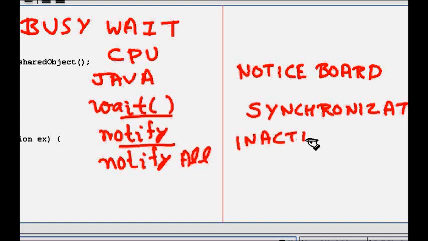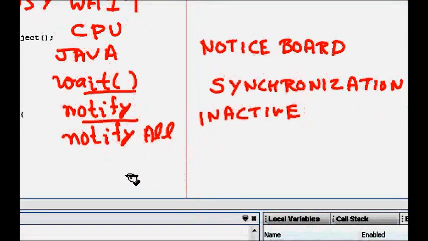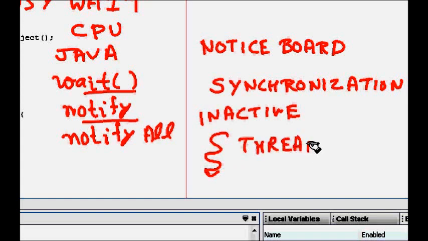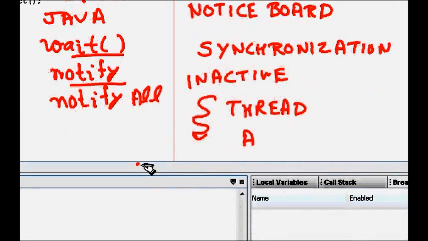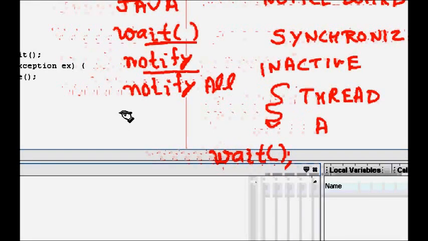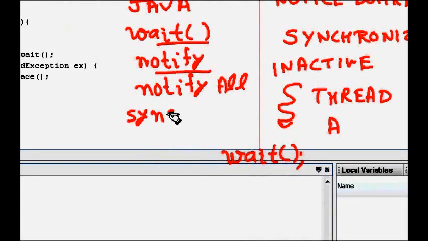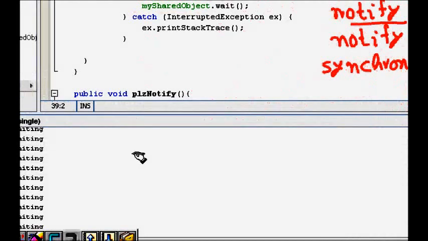So let's say thread A is executing, and after executing some lines of code inside a synchronized block, it finds that it has to wait. This synchronized block is necessary because here, in this shared object, you have to wait. So this is important, let's try to see this.